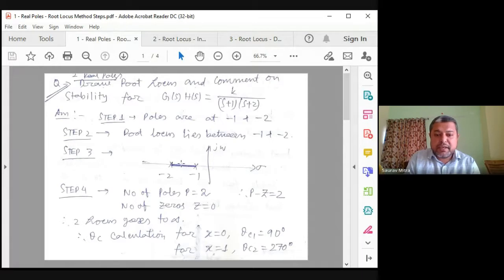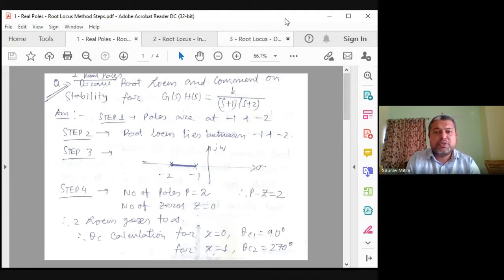Considering -1.5, to clarify whether there is a real root locus at that point, towards the right-hand side the total number of poles plus zeros is 1 pole plus 0 zeros, that is, 1. It's an odd number. That means -1.5 will be on the root locus. By the same method, we can find that the whole range from -1.01 up to -1.99 is on the root locus. Next part is to draw the asymptotic angles, and a formula is there.